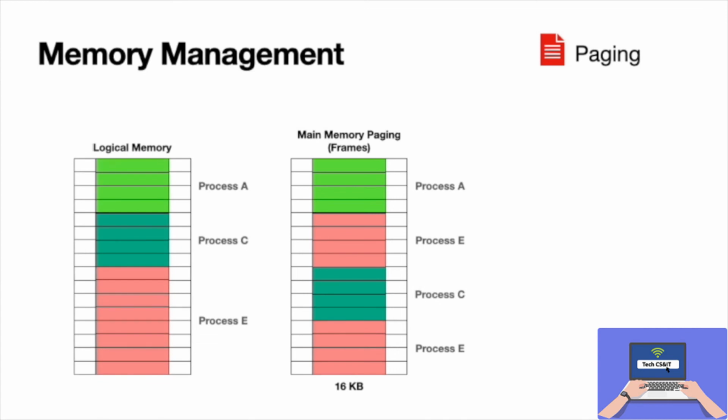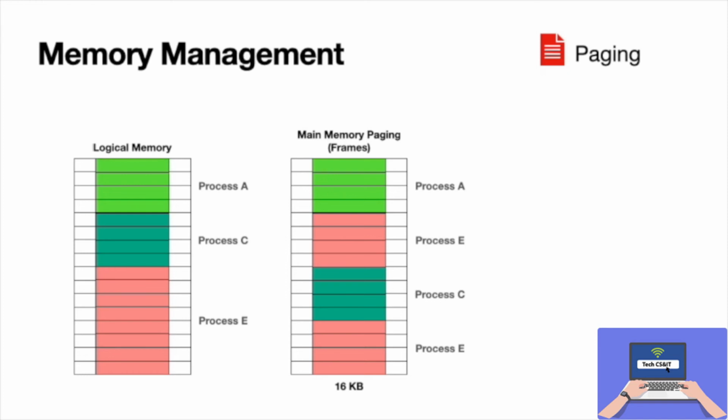So when the CPU calls a process, a logical address is generated, because the CPU doesn't know anything about what we are doing with the memory management, or what technique we are using. The CPU doesn't know at all. So what it will do is place the logical address, which is actually the next instruction in a process which the CPU is executing. But that will not point to the physical address of the process that is currently in the main memory.